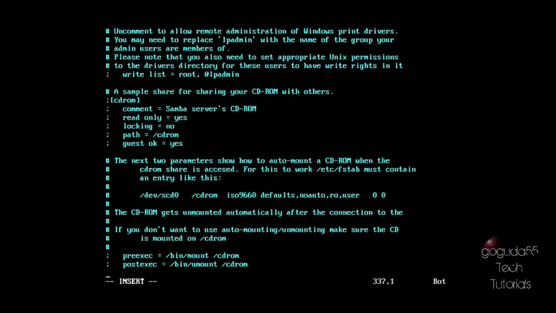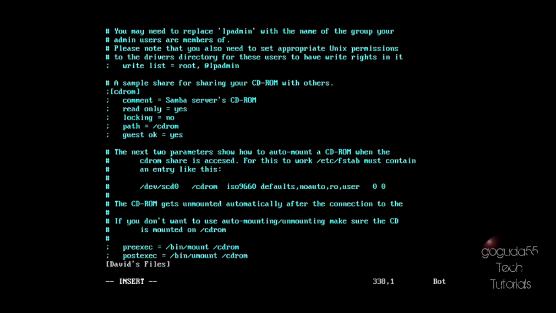And you're going to want to go all the way down under the shared definition subtitle. Once you're all the way at the bottom and you can't go any further, this is where we're going to start putting in the folders that are going to be shared over the network. To start doing that, you're going to need to type in a square bracket, and then type in the name of how you want the folder to appear to other computers on the network. So in the square bracket, for the first one, I'm going to type in David's files. Close the square bracket, hit enter,